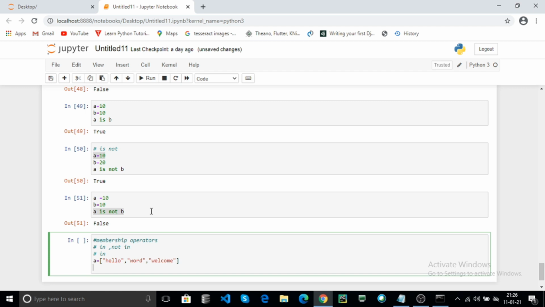If we use the in operator, for example, hello welcome in a, the statement checks whether the hello welcome string is in a or not. Hello is a unique string, welcome is a unique string.